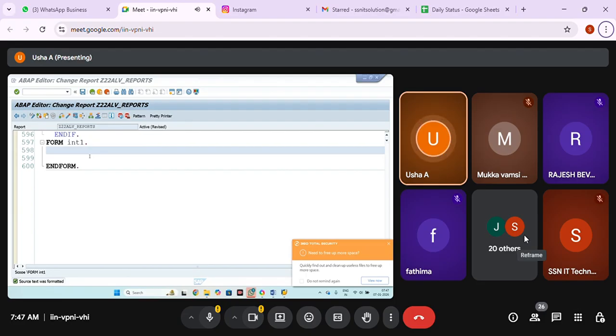For that reason, in SAP, whenever you are using user command, we have to use two parameters. What are those? One parameter needs to refer to SY-UCOMM. Another parameter needs to refer to SLIS_SELFIELD.